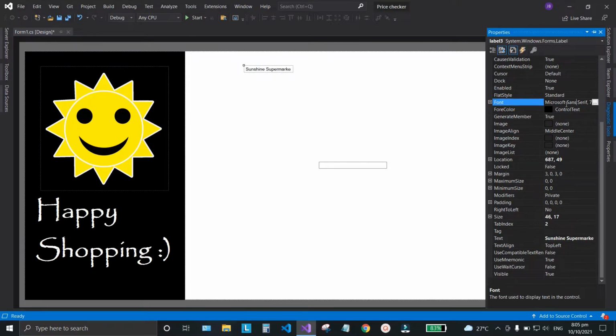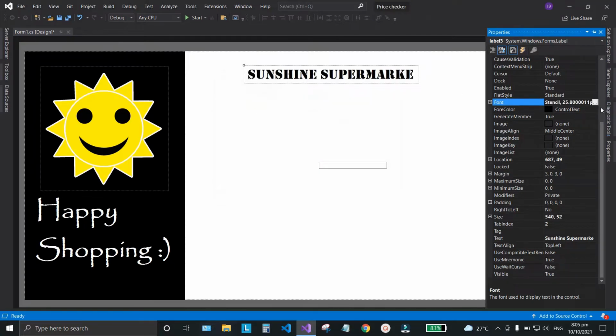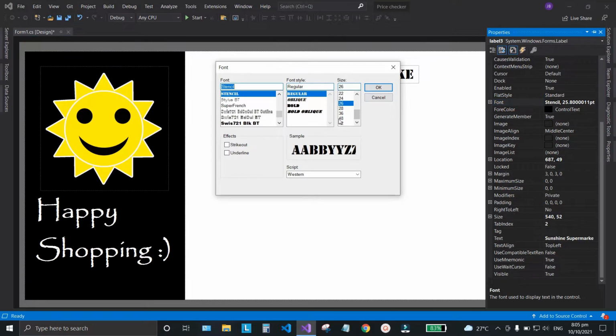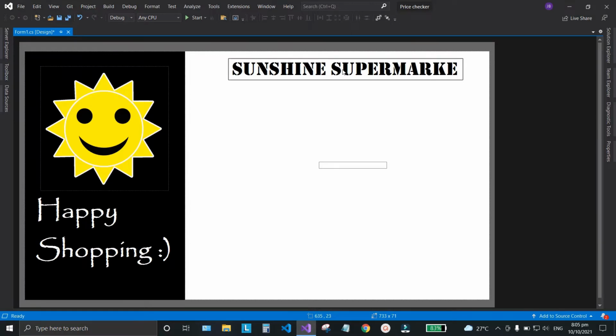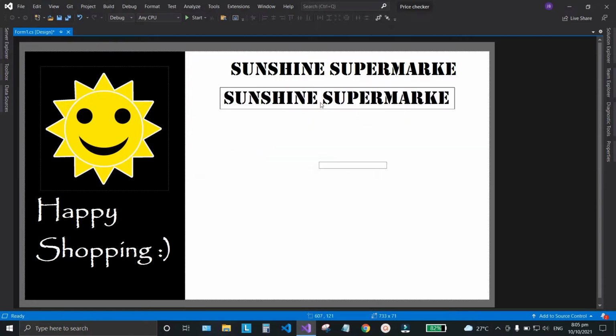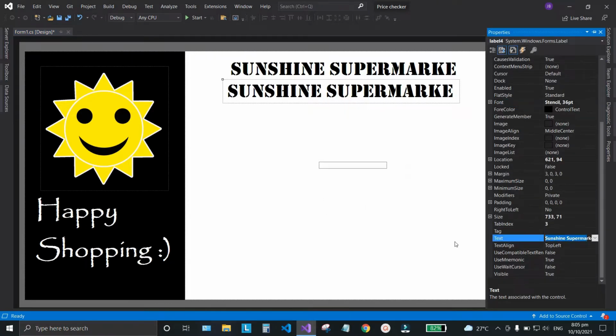And then go to this font, customize this one. I'm going to set the font family to Stencil, and then make the font size into 26, then click OK. So I'm just going to increase that one, that's not enough, set it into 36. So there, this was already enough. And then copy this one, right click on it, copy, and then paste. So drag it there, right click on it, edit the text, change this one into